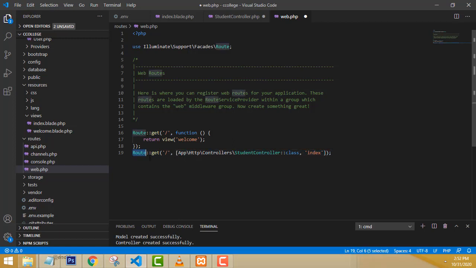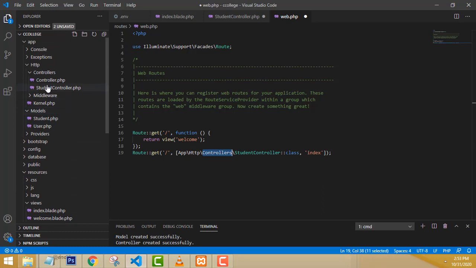First, when the page is loaded, we have to get it like this. The slash means that when the page is loaded, it loads by default as index.blade, so we put the slash. Then App\Http\Controllers, you have to provide the path of that one.